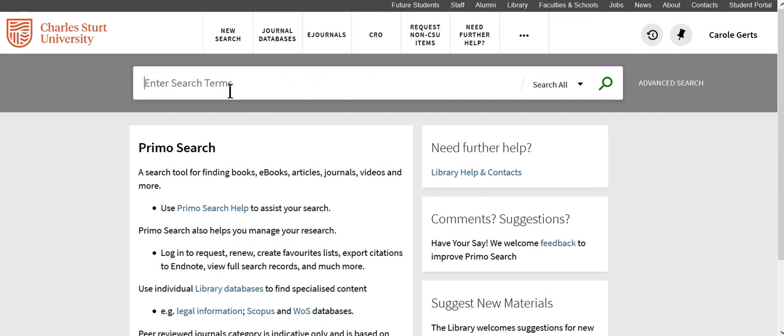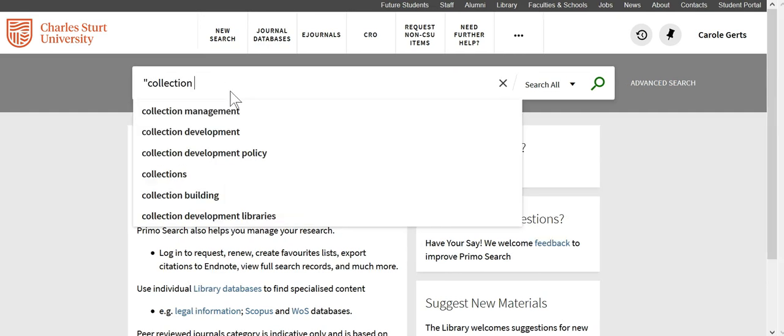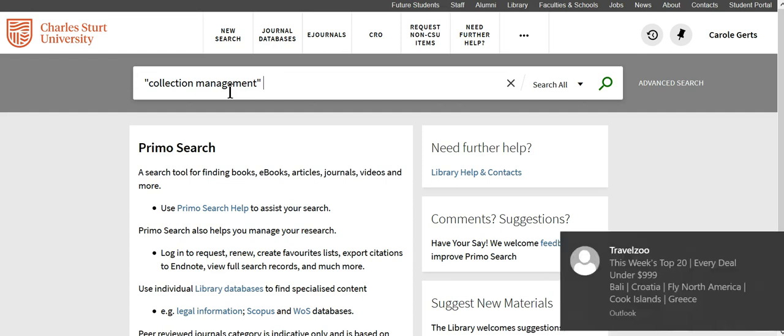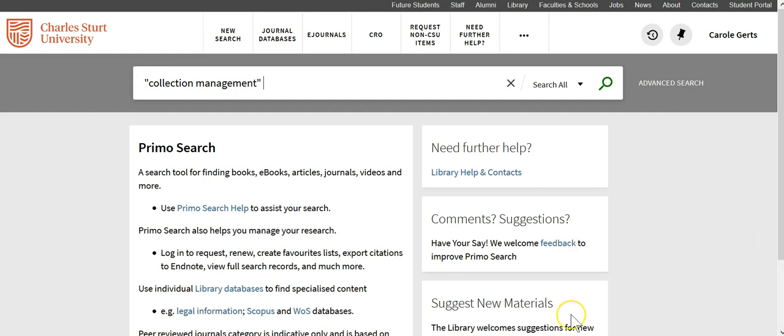So I'm going to put a couple of search terms in, and I'm going to start with collection management. I'm not doing this specifically on the topics that you're covering in your blog post, because I didn't really want to advantage or disadvantage anyone. So I'm doing a really broad search today, but it's going to give you the same techniques you can use for anything. Okay, so collection management I've put in quotation marks, which means it will search as a